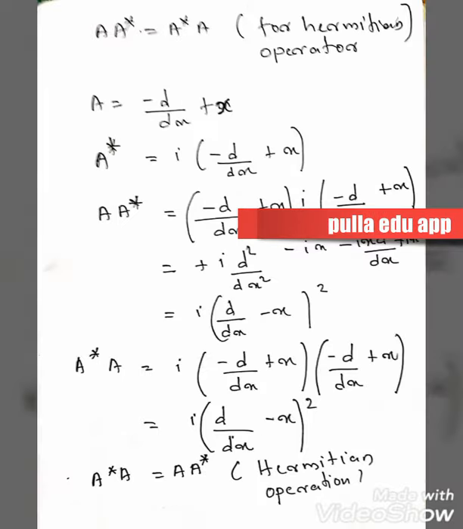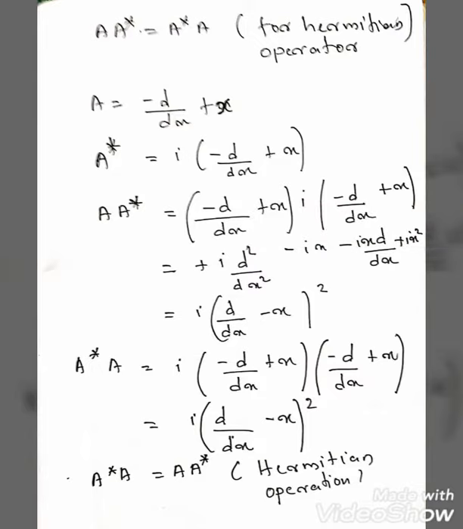Let's answer now. A star equals A star A for a Hermitian operator. We have A equal to minus d/dx plus x. A star equals i times (minus d/dx plus x). A star equals (minus d/dx plus x) times i, times